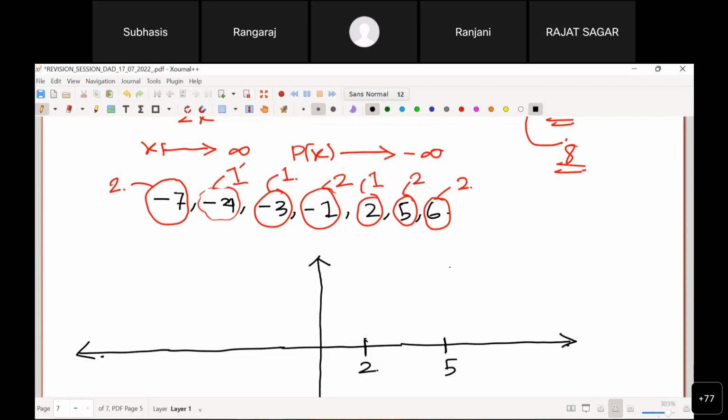2, 5, 6, and this one is -1, -3, -4. Let's say this is -7. Okay, so